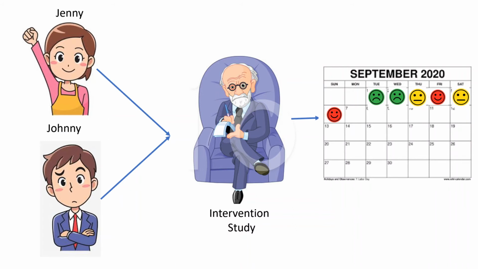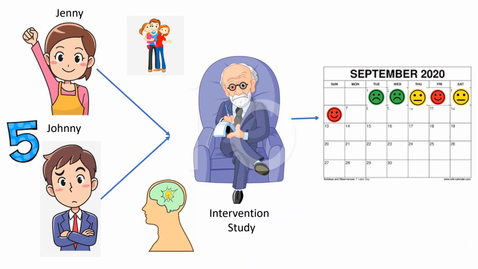And when we're doing this, we can of course record other variables that are specific to Jenny and Johnny. In this case, these are the level 2 units, the big units. We can look at their big 5 personality traits. We can look at their family history. We can look at their cognitive ability, so on and so forth. And we can look at